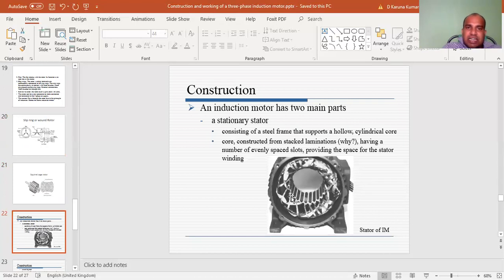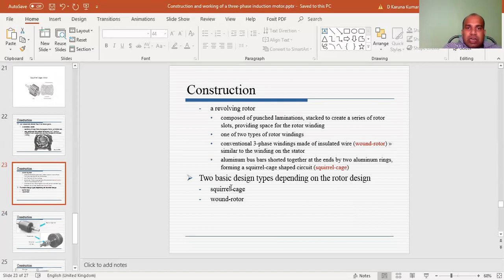The stator is a stationary part. It consists of a steel frame that supports a hollow cylindrical core. The core is constructed from laminations, with a number of slots providing space for the stator winding. The rotor is composed of punched laminations stacked to create a series of rotor slots providing space